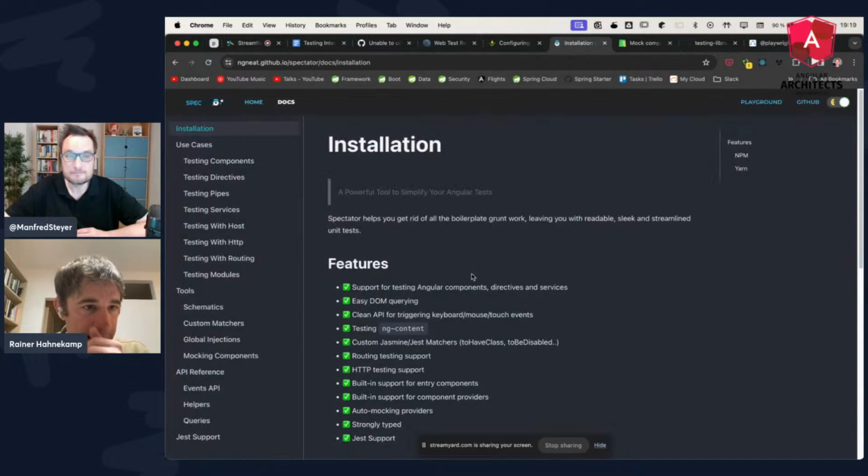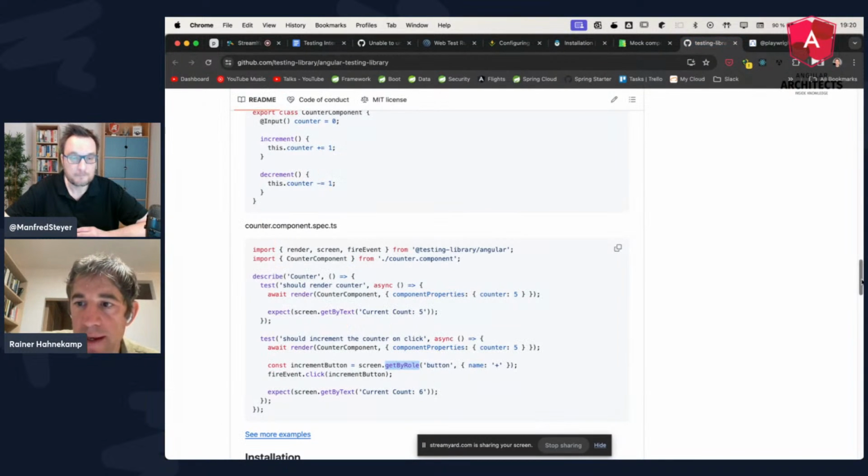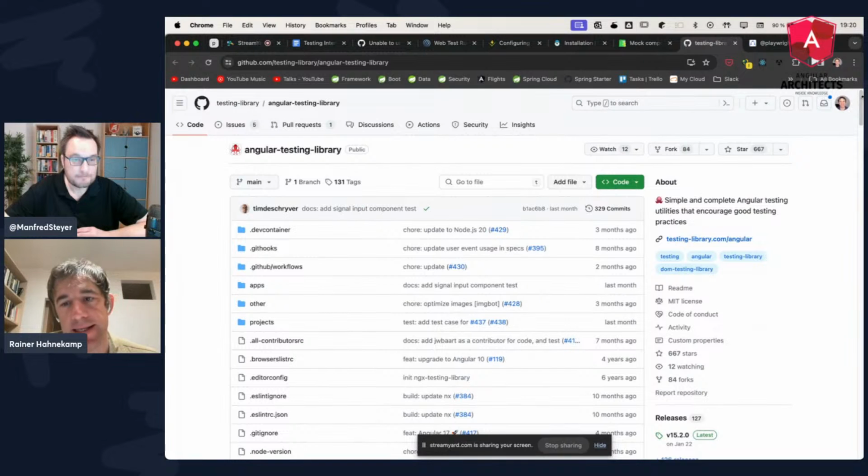Definitely something you should have installed. And then I would say you should decide between Spectator and the testing library. Spectator is a very generic testing library. Like ngMocks and all the other ones, they're all based on the TestBed. So they are not an alternative, but they want to just make things easier for you. Spectator is doing quite a lot. It has support for automatically mocking services. It has support for automatically triggering the change detection, and some other utility functions, I would say. Definitely worth looking into, but my favorite actually is the testing library.